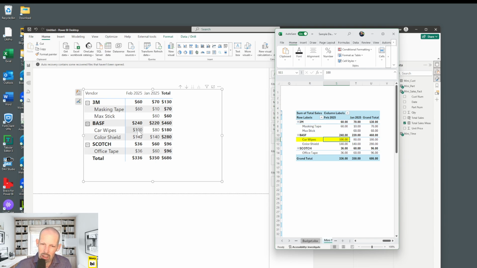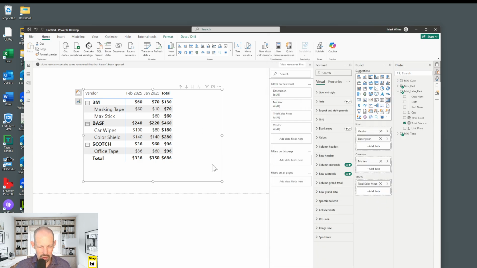Now, what's different about filter context back here in Power BI? Let's reduce this and let's just take a look at this. We've got a very similar visual here, and we've got the amount, our measure that we use, total sales measure, being filtered or divvied out by vendor, by product description, and month, year. With filter context here, it's a little more complicated than a single table in Excel. But what's basically happening here is we're going back to this model